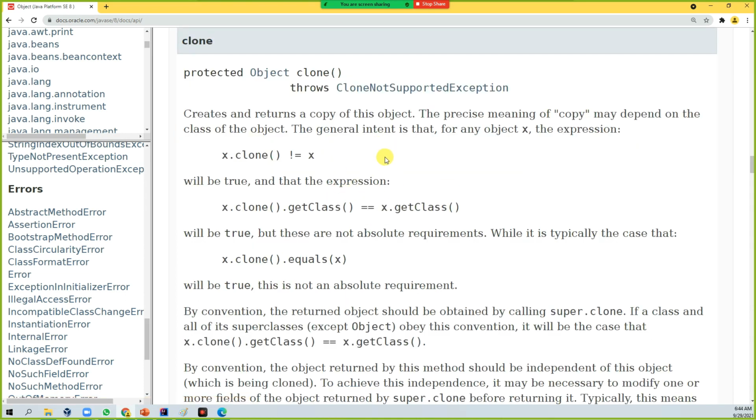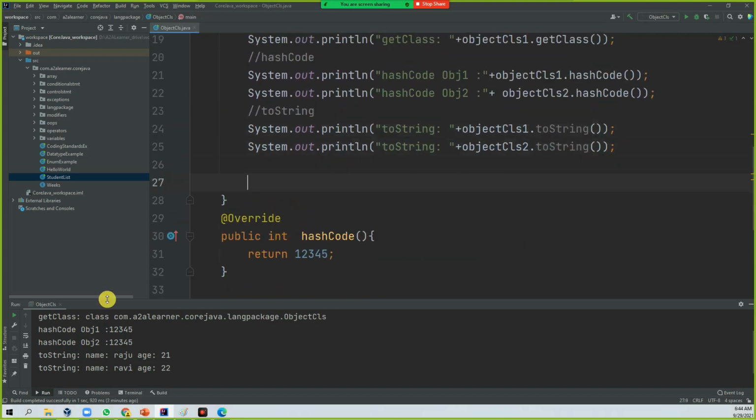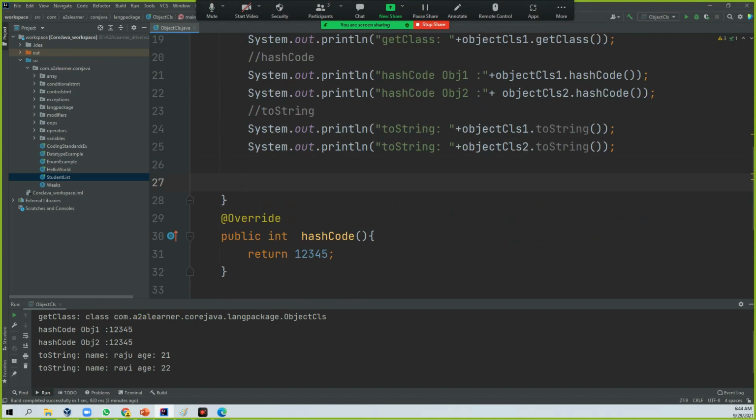See the clone. Okay, so here this clone method will give an exception, that is CloneNotSupportedException. If it is not possible to clone it, then you can see this CloneNotSupportedException. Clone is nothing but, as you may have heard, cloning in the sense that the same object is going to be created from an existing one. So that is nothing but a clone. Okay, so let's try to create one clone object. We will see that it's very rare to use that cloning concept. Let's see how we can do that.